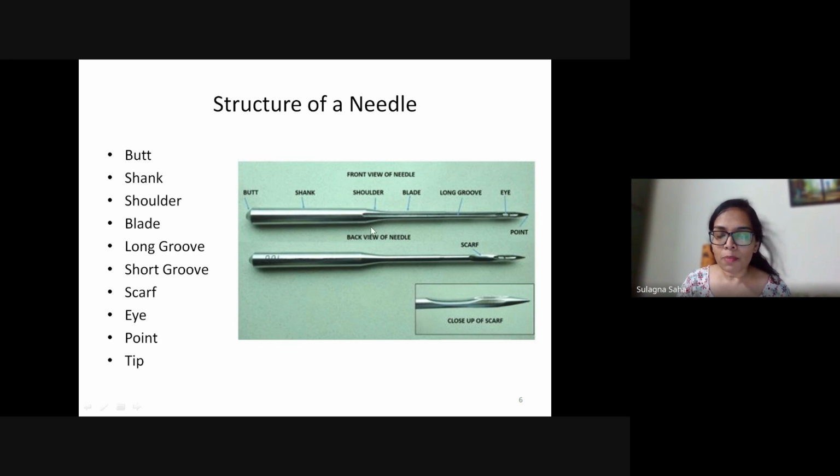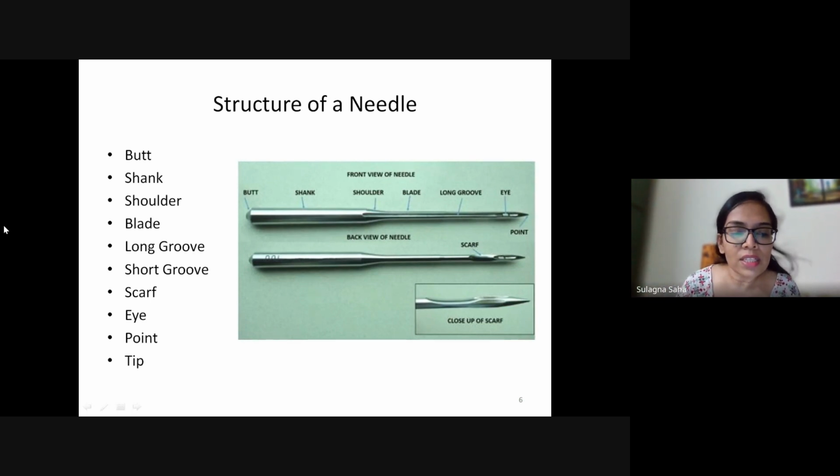The shoulder is the part that tapers a little down towards the blade, so it connects the blade with the main shank of the needle. Next comes the blade. This is the long slender portion, the entire part that goes in and out of the fabric.